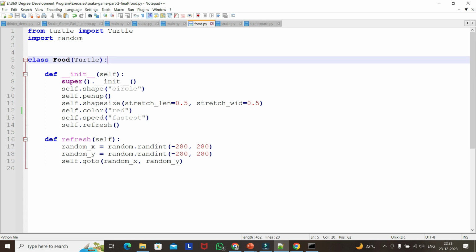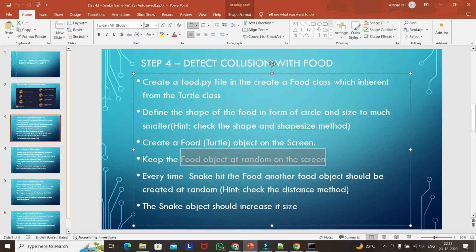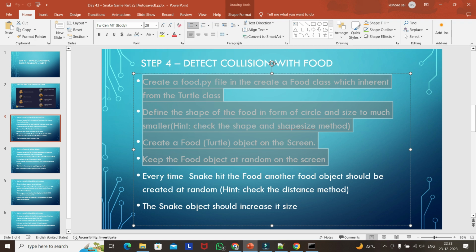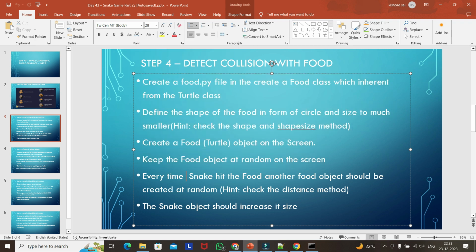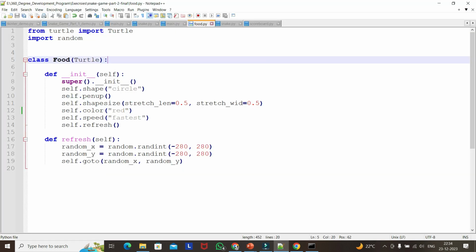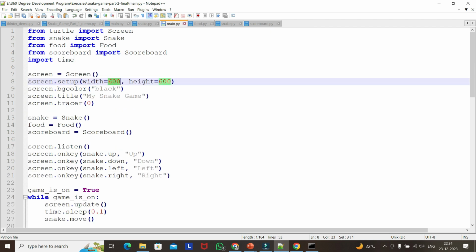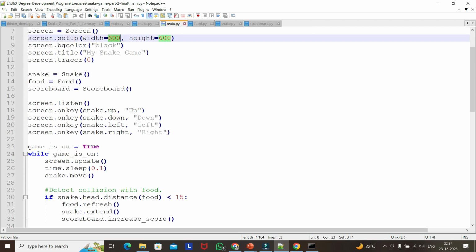So we have defined the food object. Up to here we have coded in food.py. But how are we detecting when the snake hits the food, so that we need to increase the snake size? What exactly we are doing is, if you go to main.py,